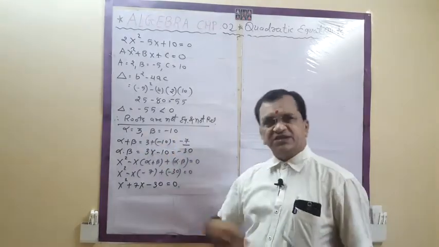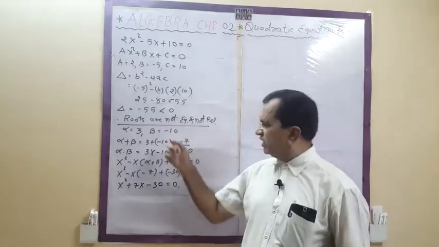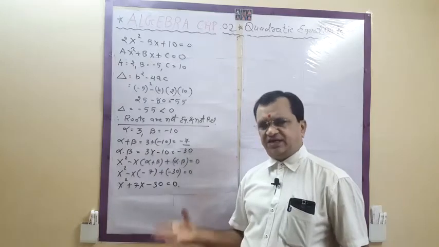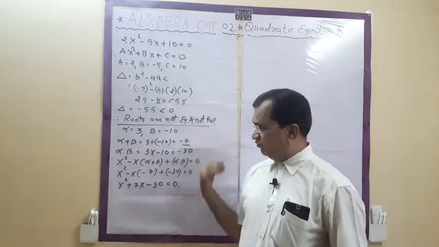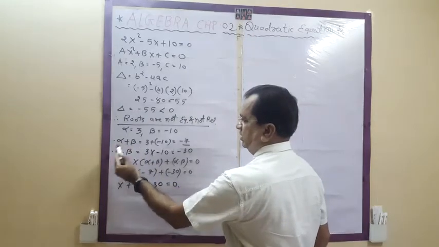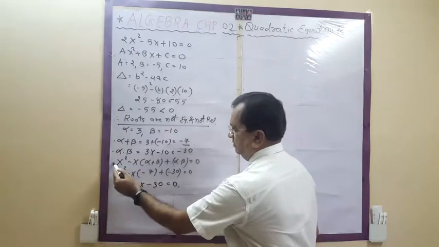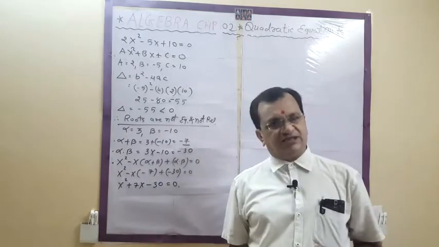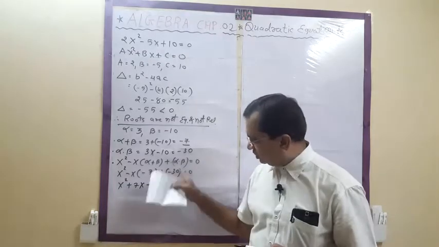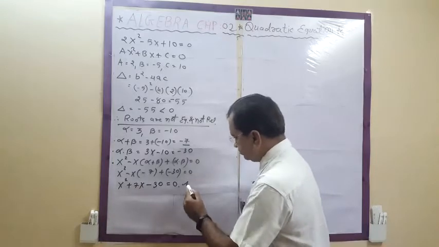Then two answers are given. Alpha is given, beta is given. You can take this also alpha, this also beta. Okay, any one alpha, second one beta. First always find out plus, second always find out product. Then write out the formula, x square minus x in bracket alpha plus beta plus alpha dot beta. Substitute, you will get the answer, means equation.